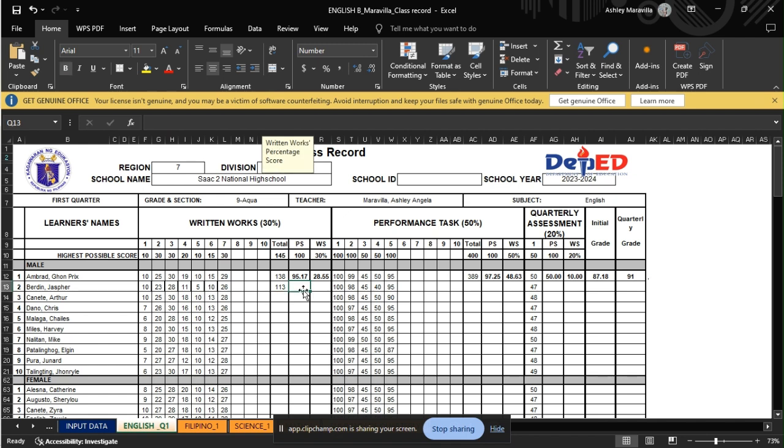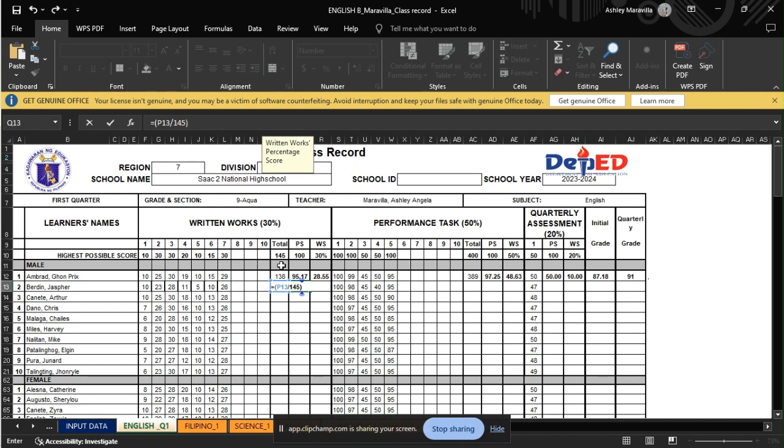So next is the percentage score. To get the percentage score, the formula is: click equals, open parentheses, click the total score, add a dash, and input the highest possible score of the total score, which is 145.